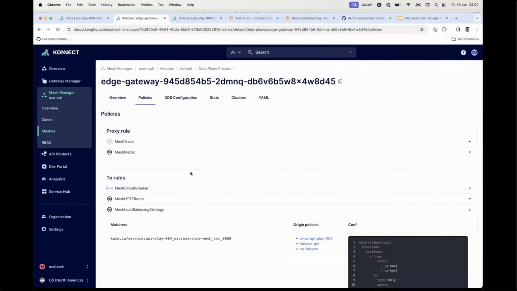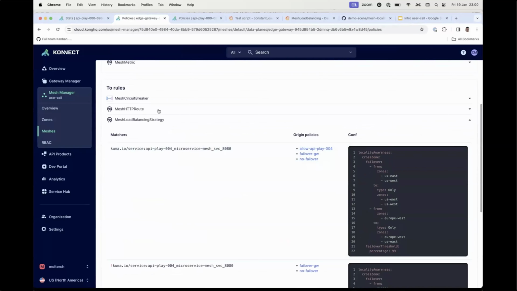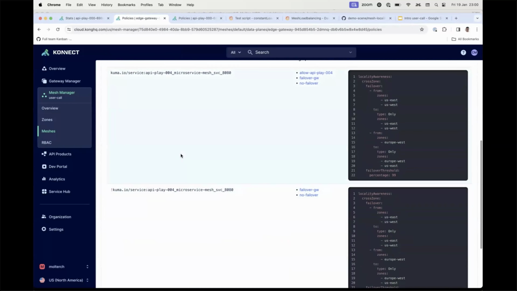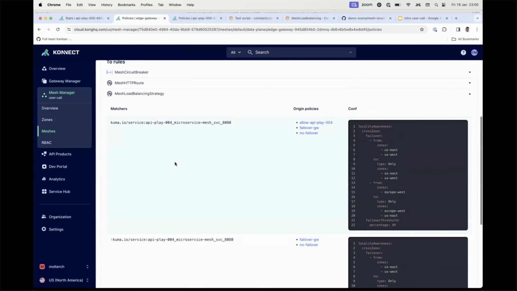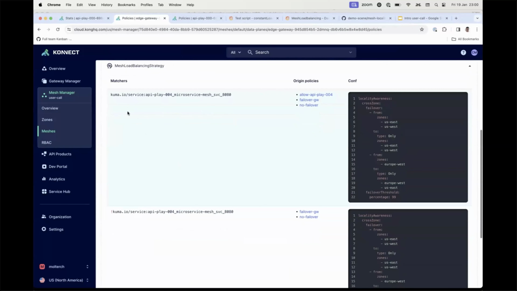If you look at the policies, you can see we've got a mesh load balancing strategy that is pretty advanced, and we'll pick a bunch of things there. So for everything, for this service,